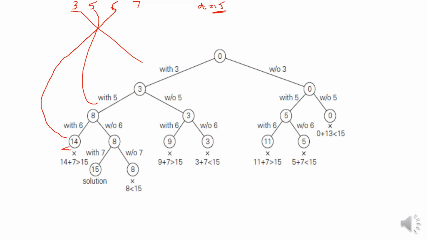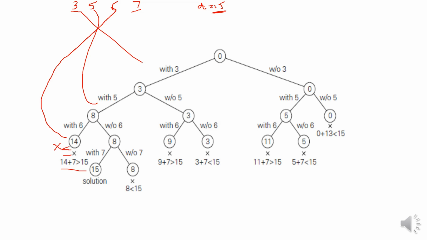This node is going to be non-promising because I have added the third element and I have got the sum as 14. Next element is 7. If I include that value, 14 plus 7 is 21, which is obviously greater than 15. So I indicate this as a non-promising node and I do not expand such a node.